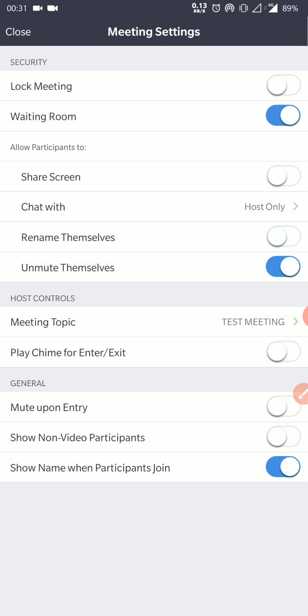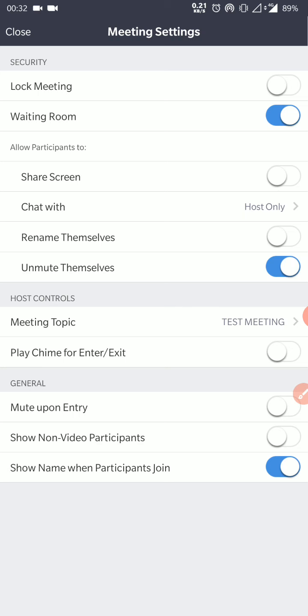for some time he or she can rename themselves to some random name and they can pass on comments verbally, and after that, in order so that no one identifies who had passed on comments, they can again rename themselves back to their original name. So if this process is not carried out effectively, then a host will not be able to identify which student had passed comments. And allow participants to unmute option can be enabled or disabled.